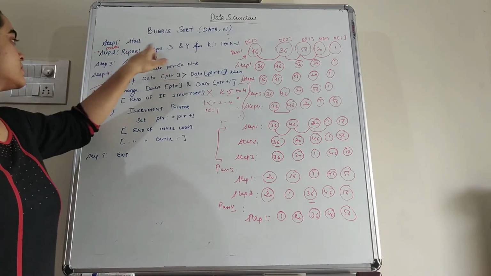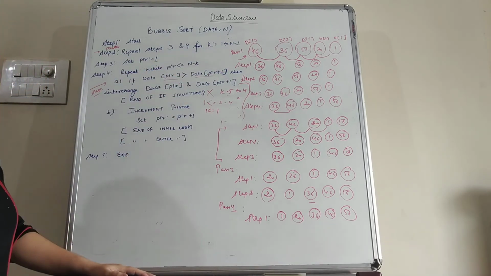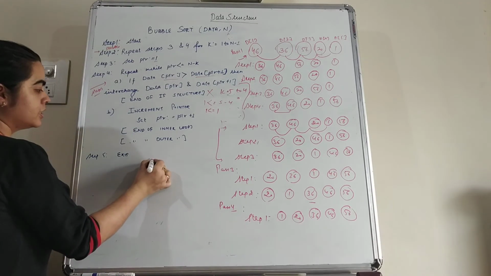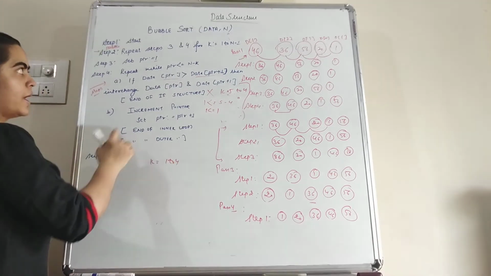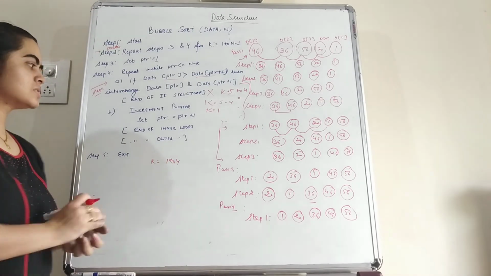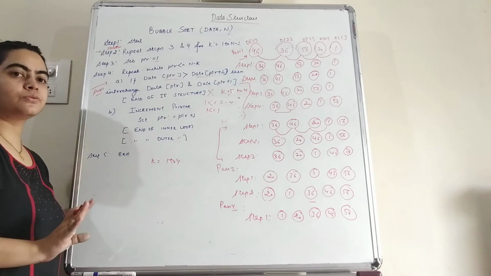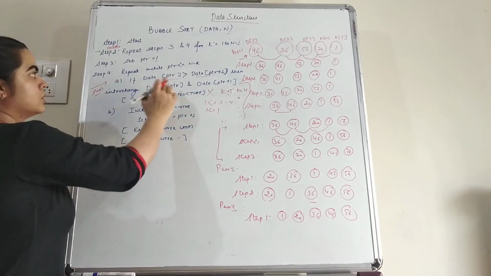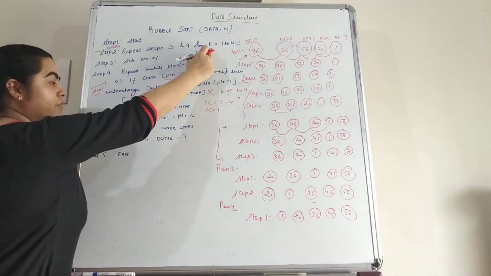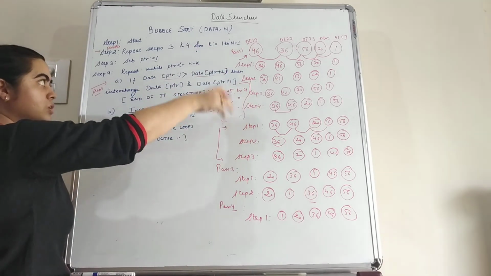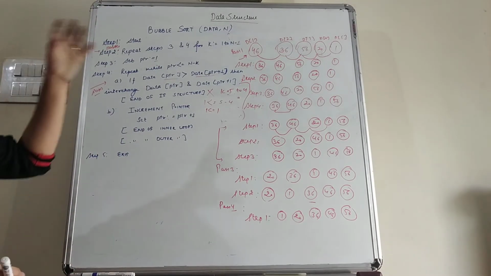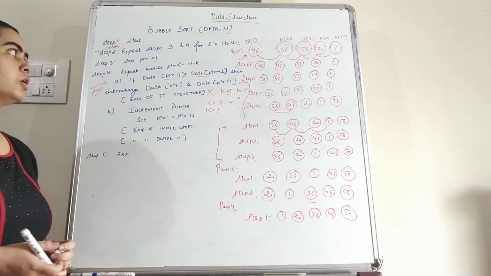And this step number 2, k is equal to 1 to n minus 1, this will show the number of passes. So here in this case we have 1 to 4. At the start k is equal to 1 to 4. That means the number of passes are 1 to 4, means 4 number of passes. And these number of passes are 4, that depends upon the value of k. And the number of steps within the passes, that depends upon the pointer value. So this is how you have to write the bubble sort algorithm.